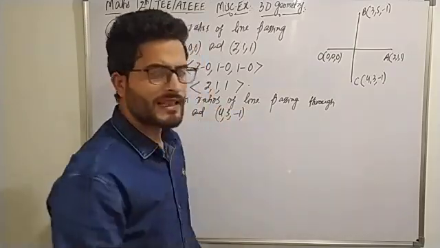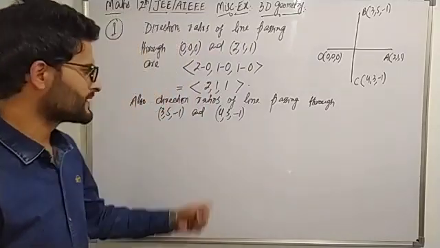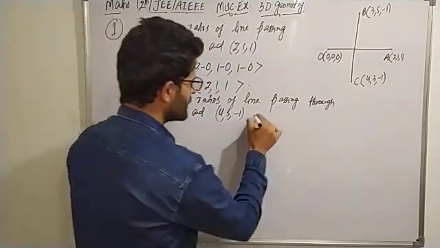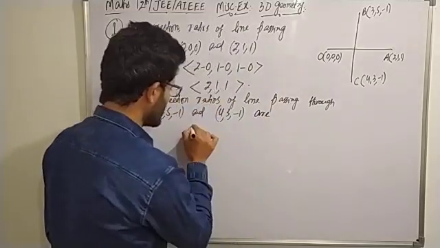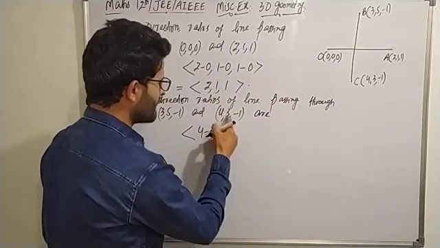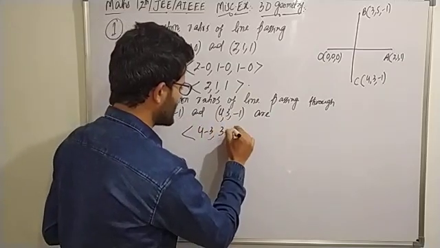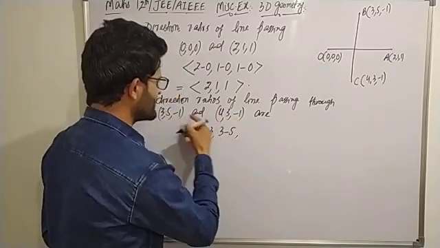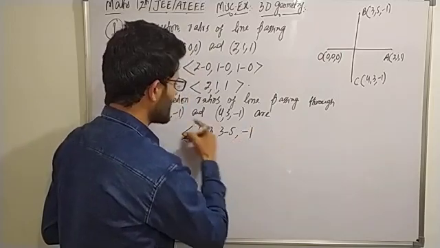They will again be the ordered 3 tuple of x2 minus x1, that is 4 minus 3, y2 minus y1, that is 3 minus 5, and z2 minus z1,